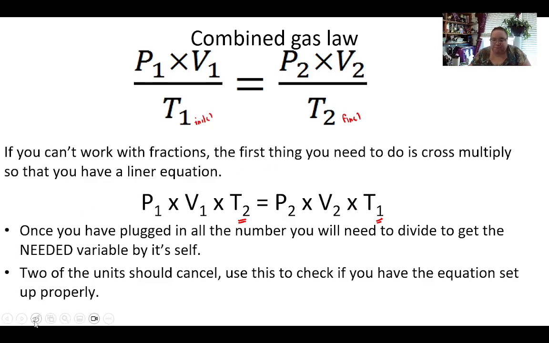But the benefit of that version of the equation is when you are trying to solve for an unknown, all you have to do is divide by the other stuff on that side of the equation that you do not want. So it makes the algebra a little bit easier. So with this linear version of the equation,